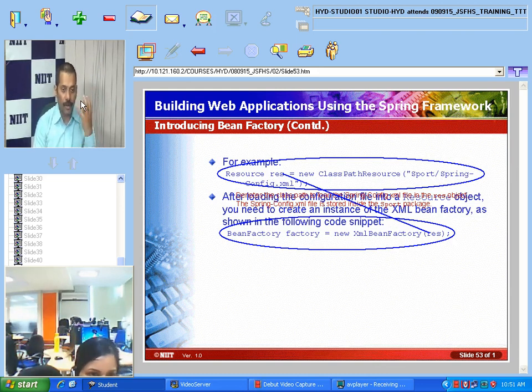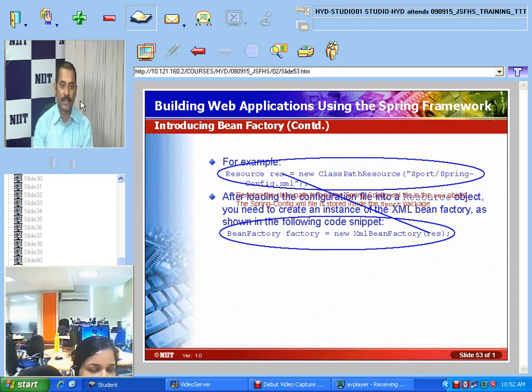But physically, which particular file will contain the information about the bean, like bean ID, bean class, scope, all this information in XML tags? That XML file name is applicationContext.xml. Get my point now? Okay.